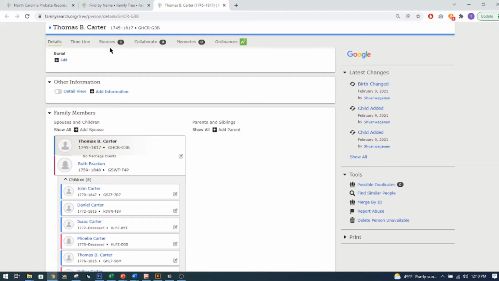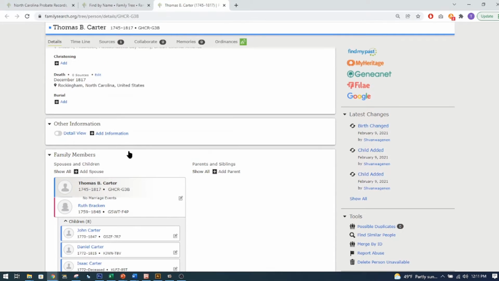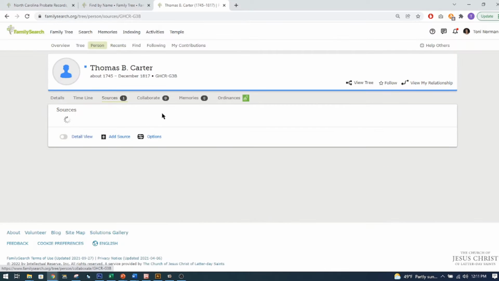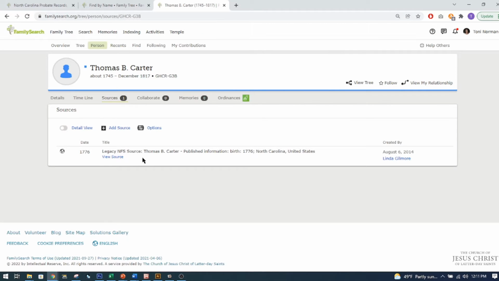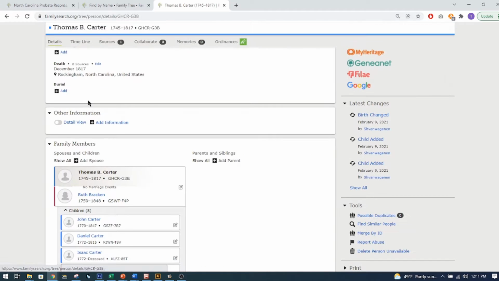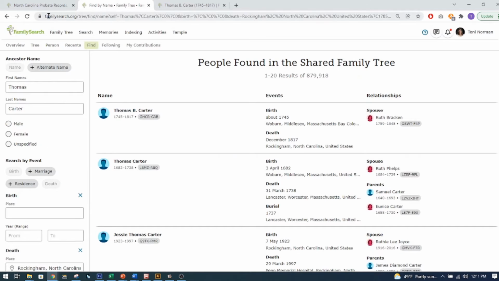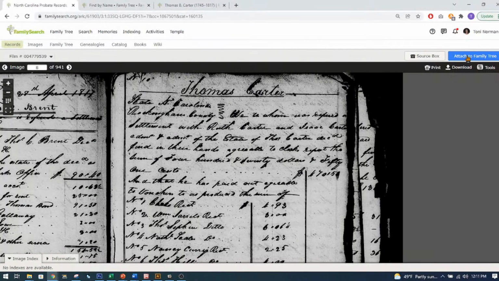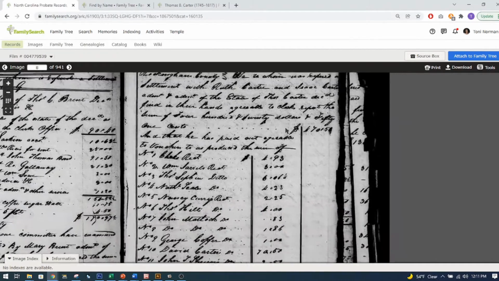Of course, I'm not related. Well, I don't know that I'm related, but I'm just looking at these records. He has one source, and it's just a legacy. So let's go back here to the details. I'm going to copy his number, and I'm going to go back here to this record. And since we're there, and I'm sure that's who that is, now this says,